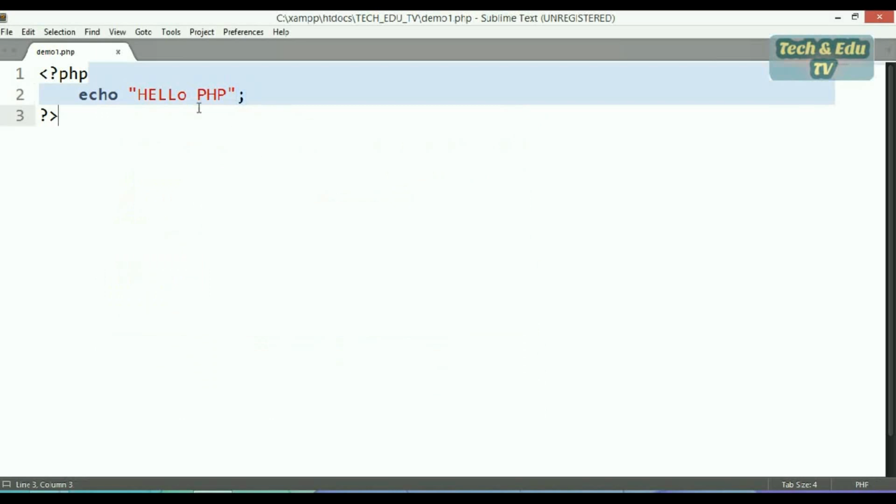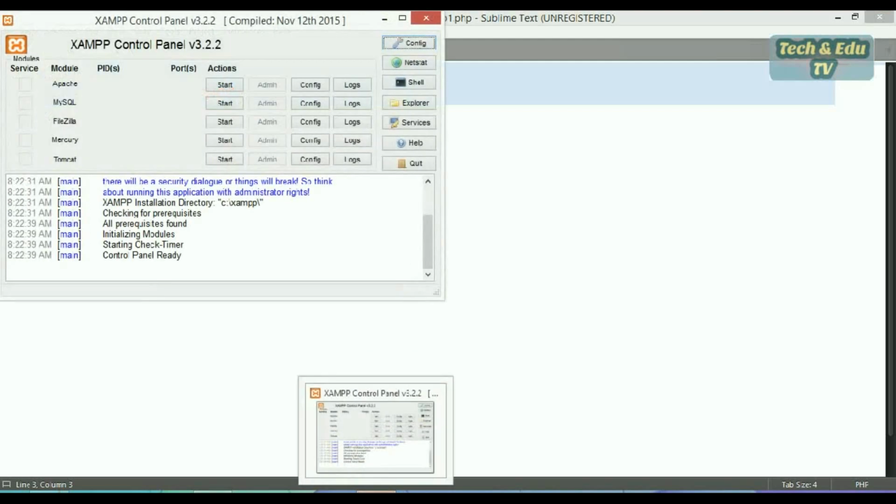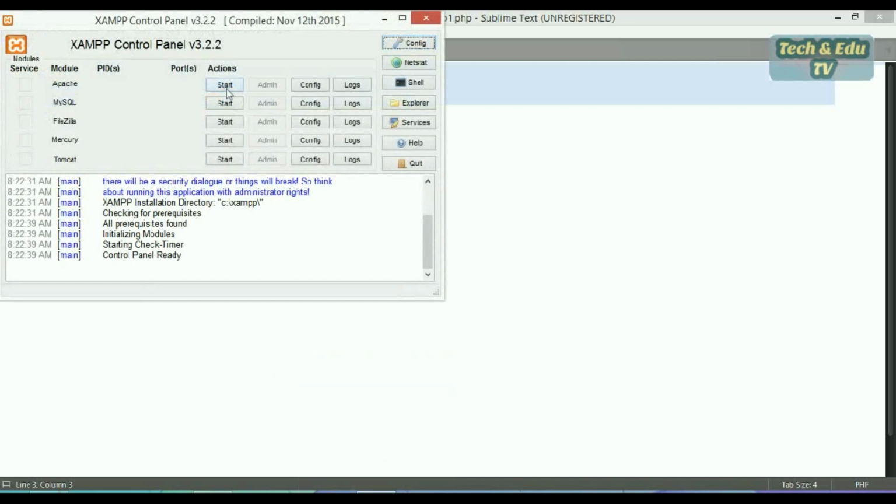So we have seen this file is saved, and its color shows that it's saved properly. Now the work is to run this type of file. First of all, you have to click on your XAMPP server or find it through the Windows key. Now you have to start your Apache server. This is Apache. Click start. So we get our Apache server working.